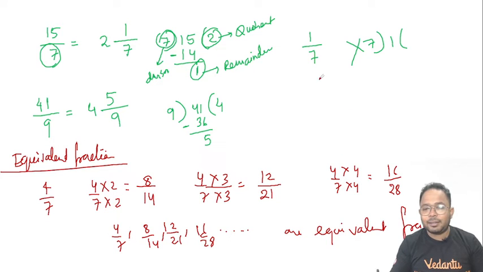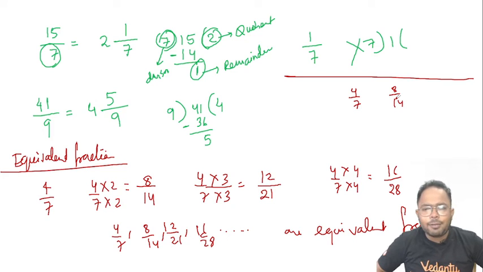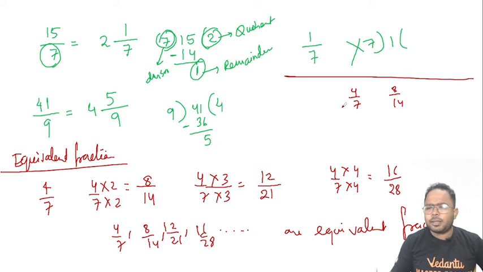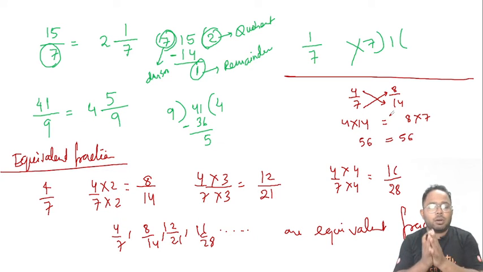Like if I take let's say 4/7 or 8/14, if somebody asks check whether they are equivalent fraction or not, कोई पूछ दिया कि भाई बताओ इक्विवेलेंट फ्रैक्शन है क्या, चेक कर लेंगे। We can do cross multiply also, 14 into 4 or 4 into 14, जो है 8 इंटू 7 के बराबर होना चाहिए, it should come equal. 14 4 जा 56, 8 7 जा 56 आ रहा है इक्वल। So if we get the cross multiplication values being equal, then definitely that is equivalent fraction also. ये check भी कर सकते हैं।